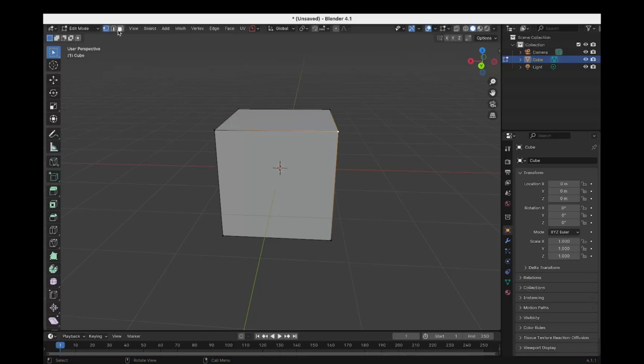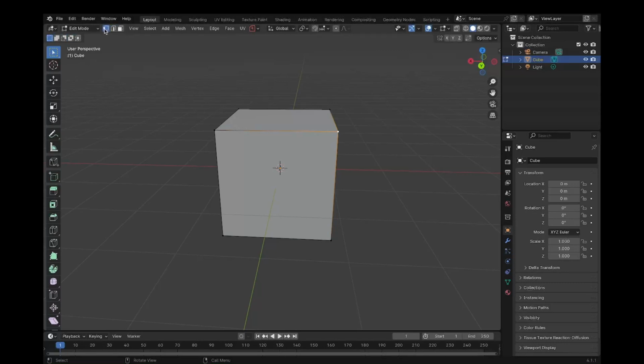There are 3 options up here in edit mode next to where it says edit mode. There's this one with just a dot, there's this one with a line, and there's this one with a square. The dot is vertex select, which allows you to select all of these vertexes or vertices.